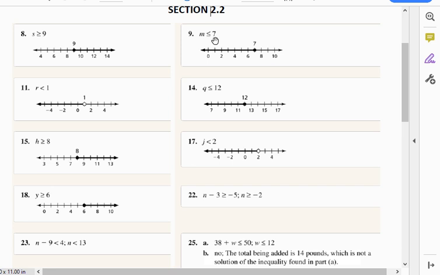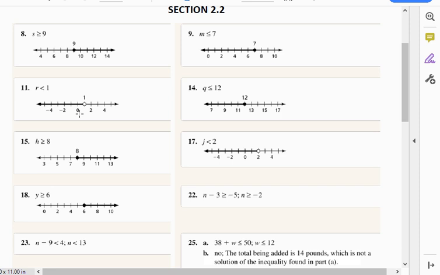So 9 is m is less than or equal to 7. 11, r is just less than 1. Did I say 9, 11, 15, 23? Is that right? Yep, 15 then is h is greater than or equal to 8, and then 23, the original